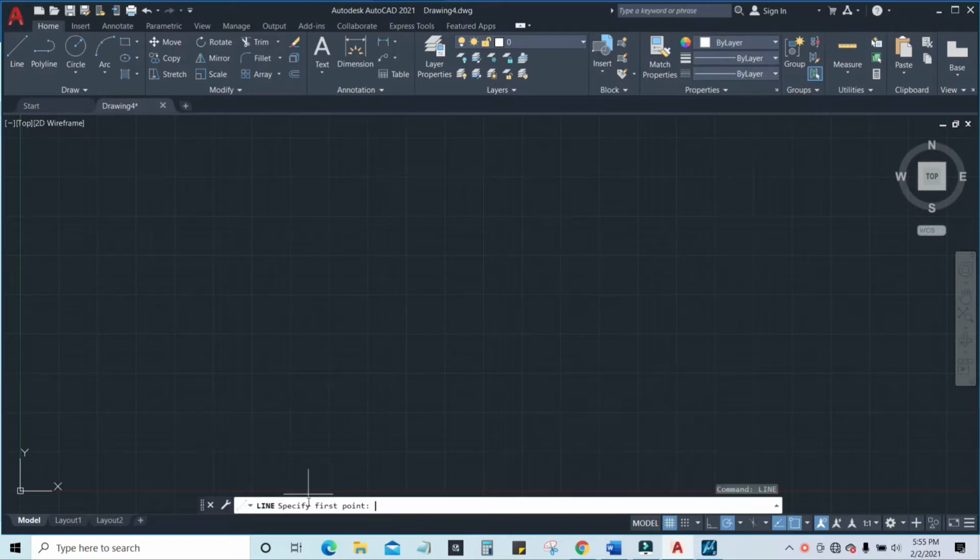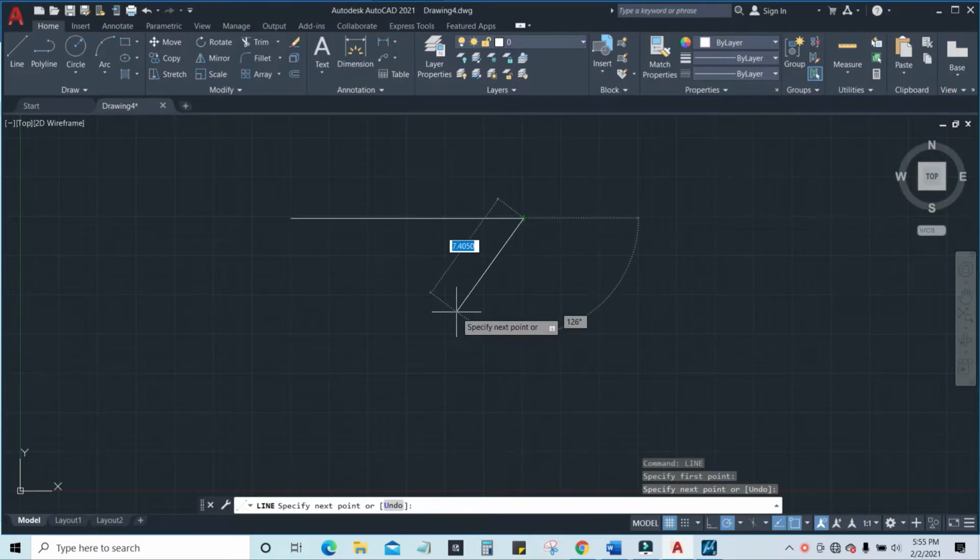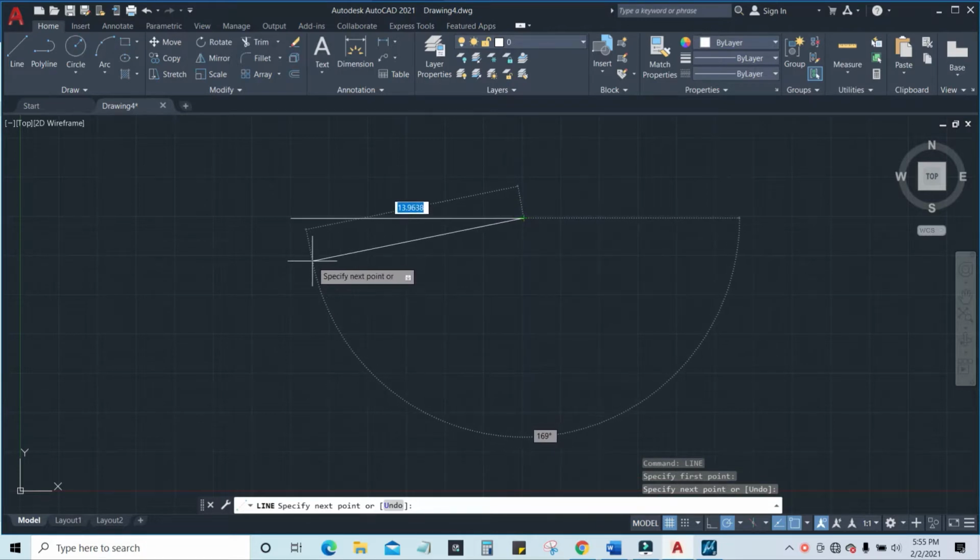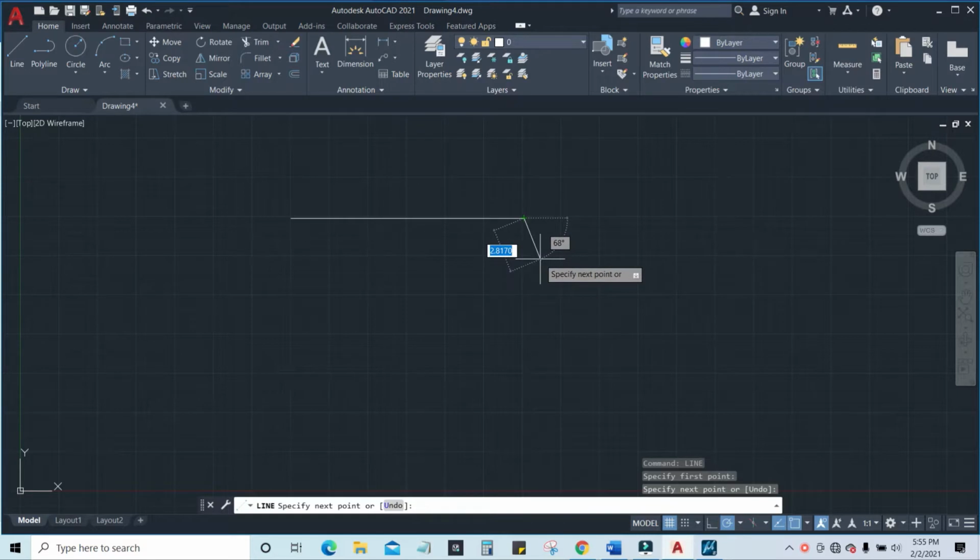It will prompt us to specify the first point. You choose the first point, and again it prompts us to specify the next point. We choose a second point, and AutoCAD creates a line between the first point and the second point. So this is a completely command based software.